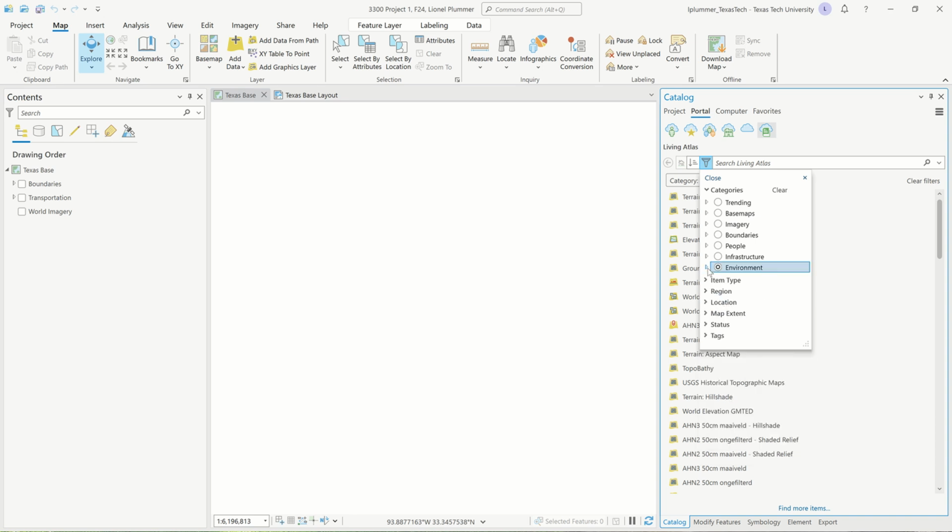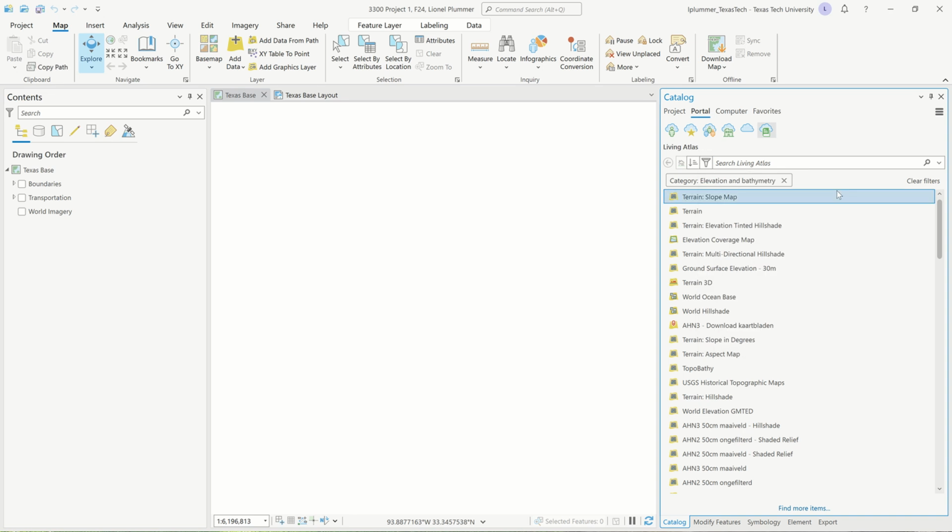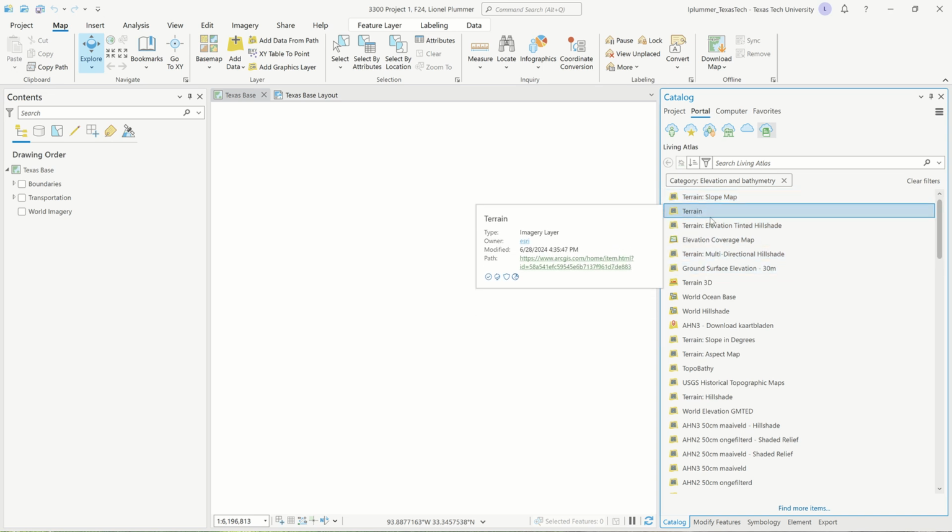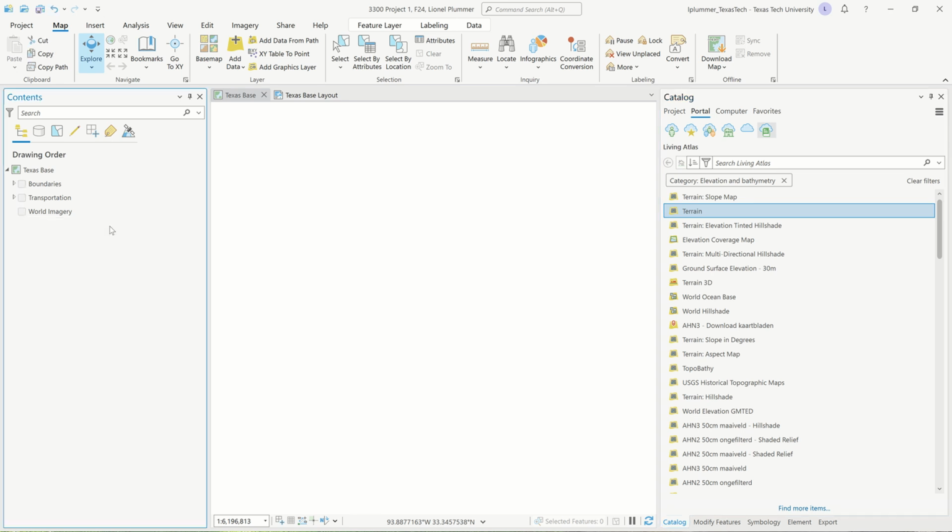All right, so now we're in this fella. All right, and I have terrain right at the top. Now you're going to have a lot of these terrain layers, okay? But it all begins with this beautiful data set right here. Okay, and here what we're going to do is we are actually going to drag this carefully and put it down at the bottom. Okay, and it's going to take a while to load, and once it does, I want you to